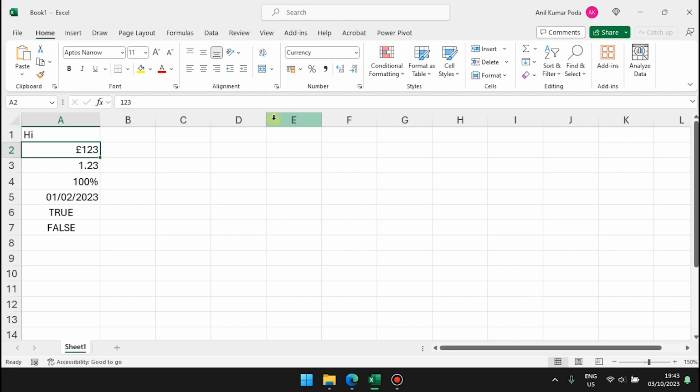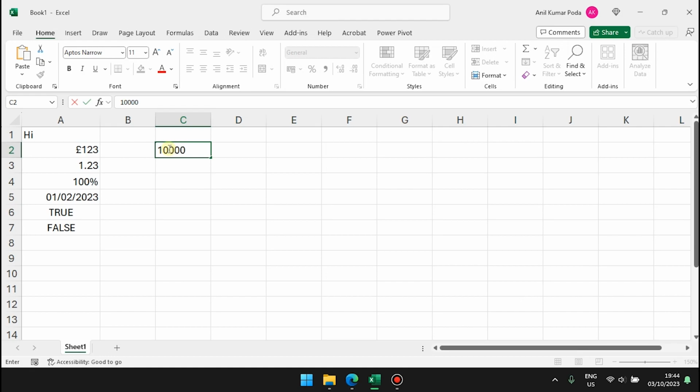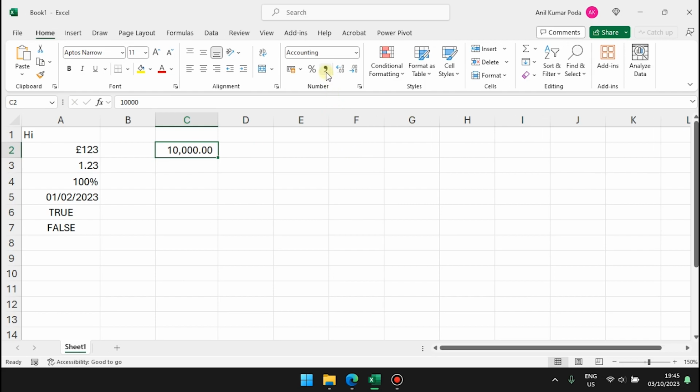And now let us go with the percentage icon. If I select this 123 and select percentage, it converts into a percentage by multiplying with 100 percent. If you want to undo it, press Ctrl Z. Now we have the thousand separator comma. For example, I'm typing an amount here like 10,000, and if you want a comma for this particular numerical field, you can click on this comma, so it automatically adds a thousand separator and also expands the decimals to two decimals.